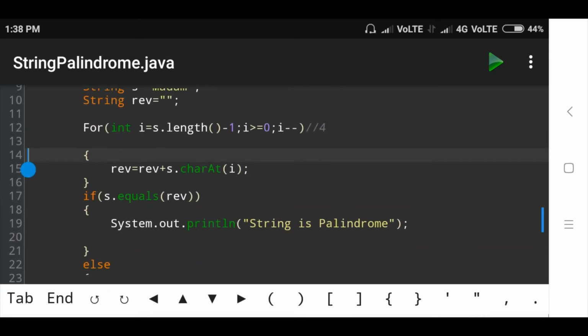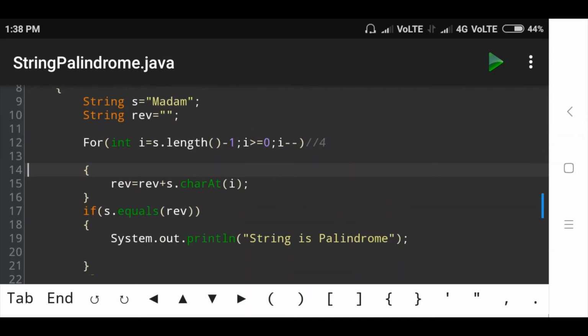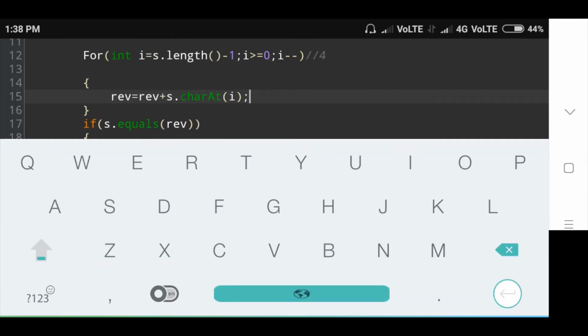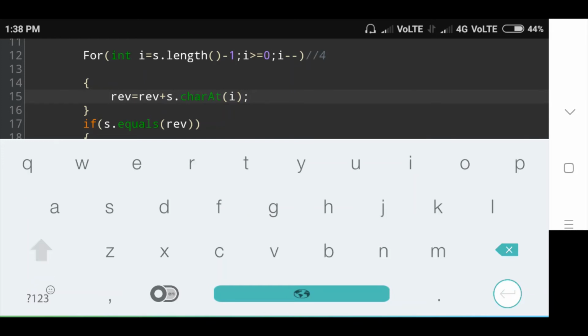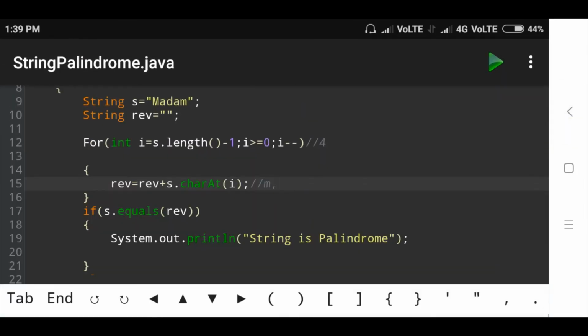Then reverse is equal to reverse, the string is empty, plus m. The m character is stored in the reverse variable. Okay. Then go to the for loop condition again.